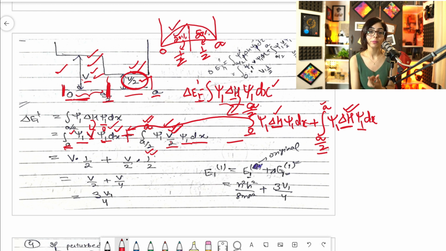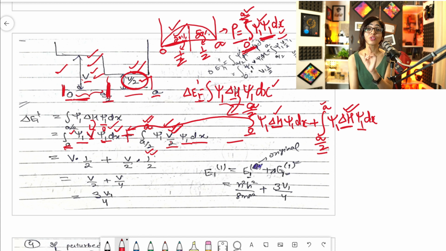If you have to write probability for this, how will you write it? You will write probability would be psi 1 for the ground state, psi 1 dx from 0 to a by 2. So that would be the expression. If you have to write probability for this part, you write the wave function, integration and dx. Fine, the probability of finding the particle between 0 to a by 2. So the expression would be like this. If you have any query, guys, please leave down whatever doubt you are having. So I think this is clear to you.